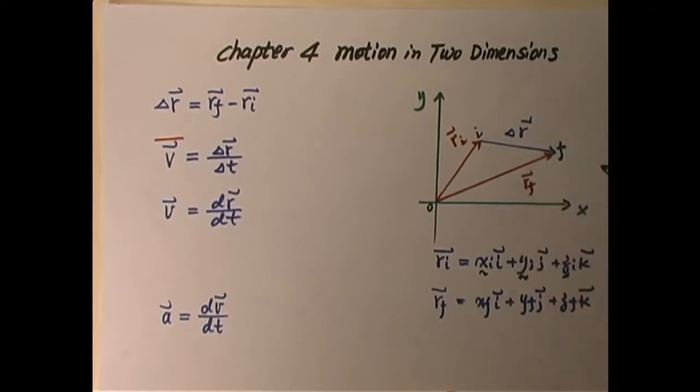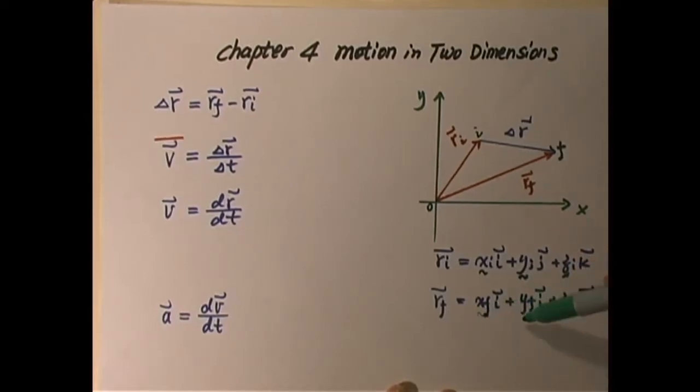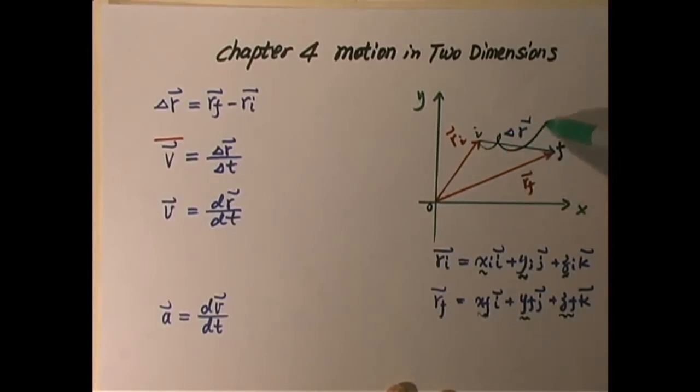So the initial vector r_i is x_i i plus y_i j plus z_i k. Simply, i, j, k are the unit vectors, and x_i, y_i, z_i are the position for this initial. Similarly for the final position, we can use x final, y final, z final, combined with i, j, k to express it. If initially the particle is here and finally the particle arrives there, it might experience something